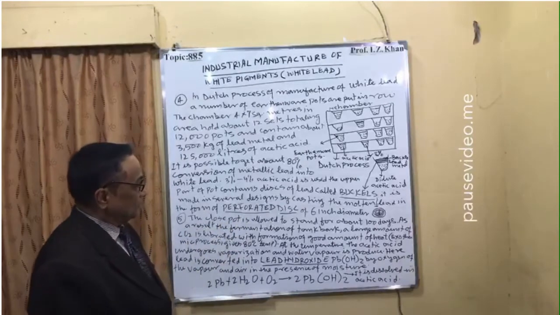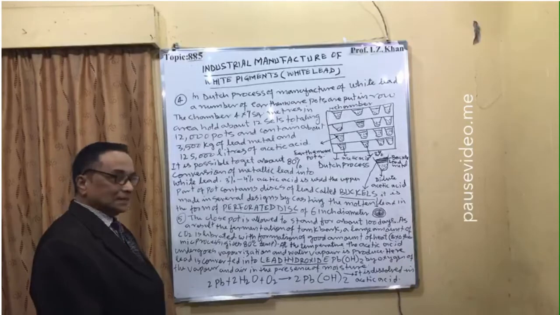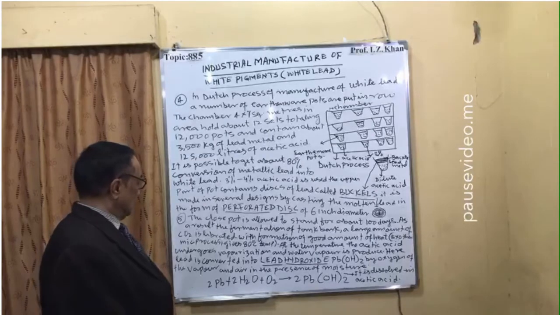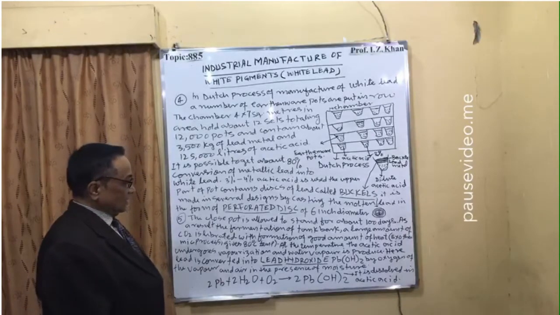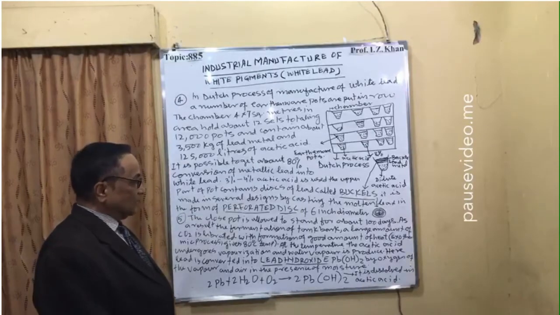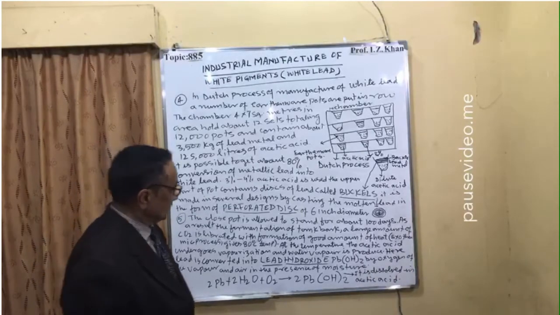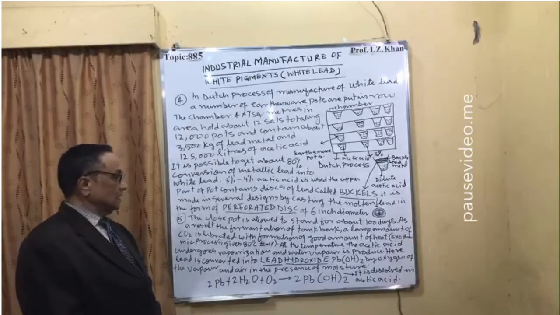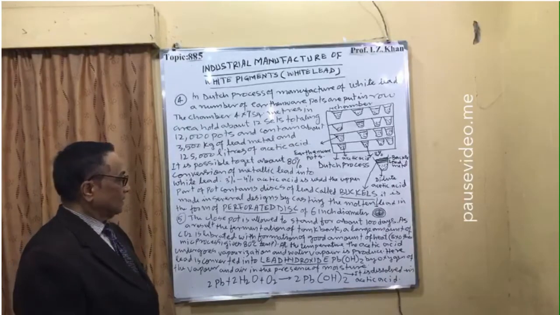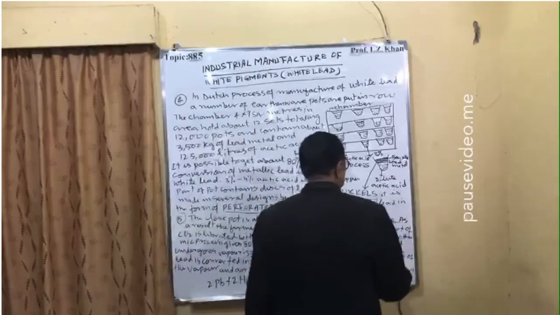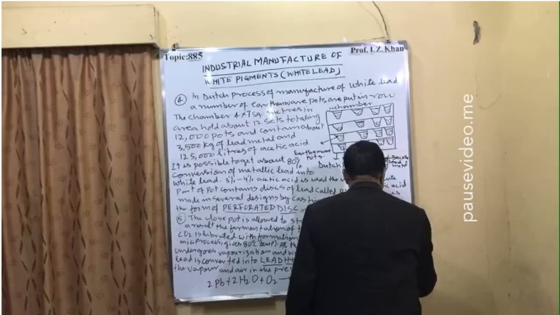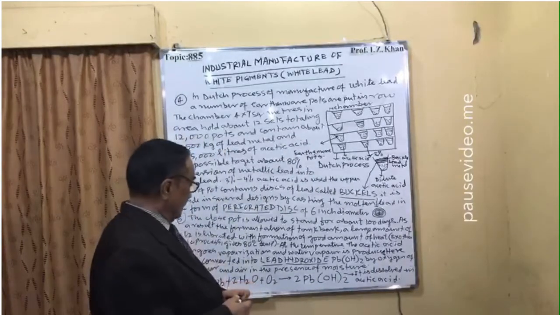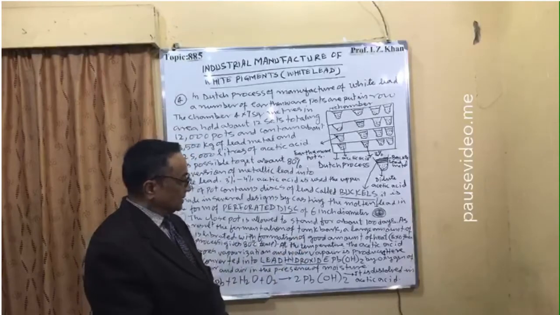As a result of fermentation of tan bark, a large amount of carbon dioxide is liberated with formation of a good amount of heat. The exothermic process gives a temperature of 80 degrees centigrade. At this temperature, the acetic acid undergoes vaporization and water vapor is produced. And here the lead is converted into lead hydroxide, and that lead hydroxide is Pb(OH)2.